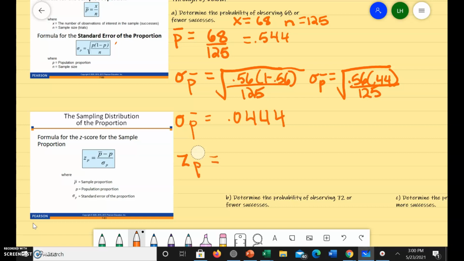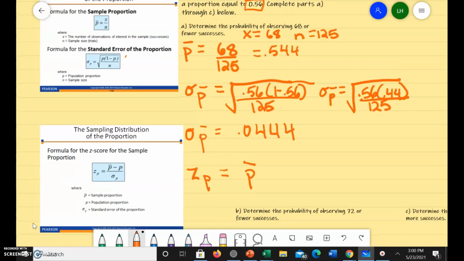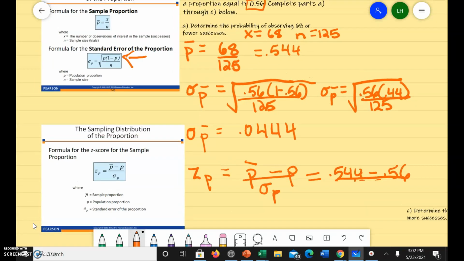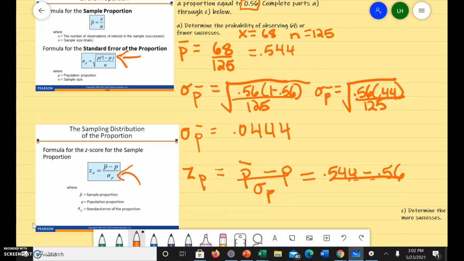And it is equal to the sample proportion minus the proportion. And then the denominator here is the standard error of the proportion, which we calculated to be 0.0444. So your z-score for your sample proportion is going to equal negative